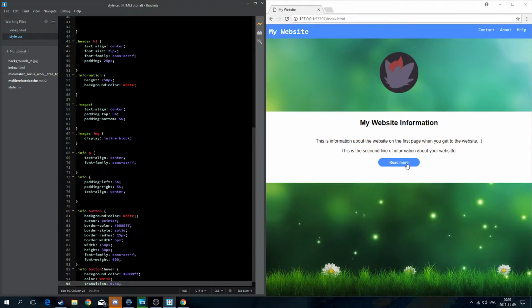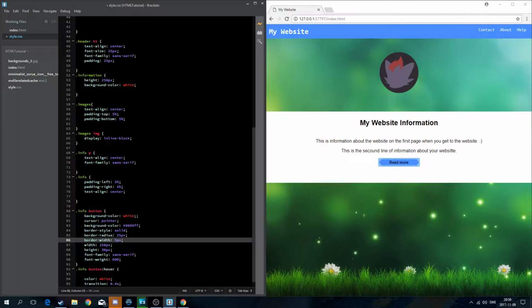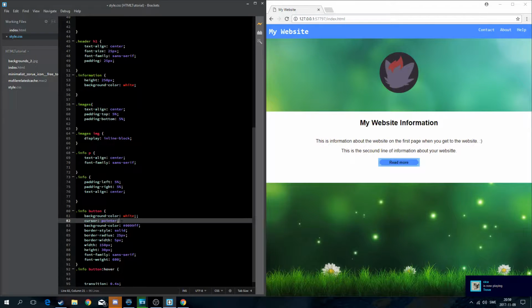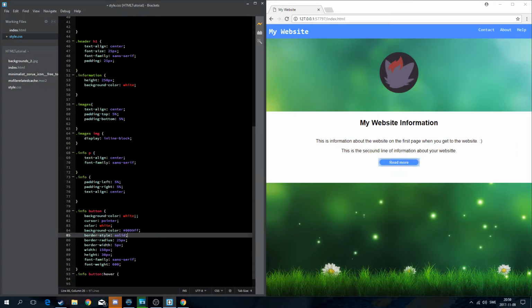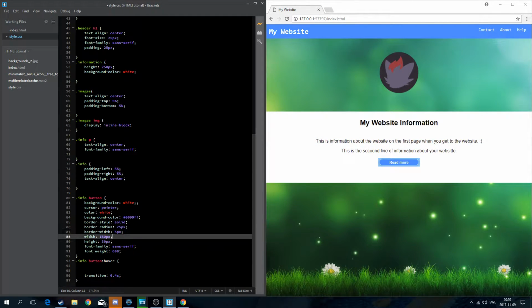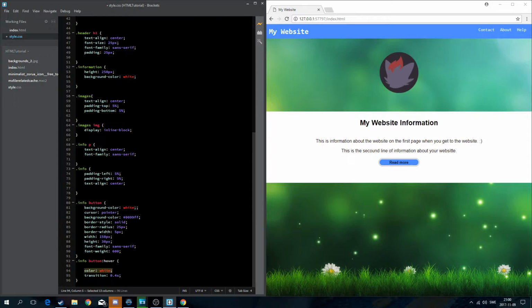Okay, so now if we hover over read more, I mean, that looks good, but I'm not sure. Actually, if we do it like this, and change the color to white, just the normal, then it will have this kind of weird effect, and that is kind of weird. But should we just, I'm not sure, man, have it like that,